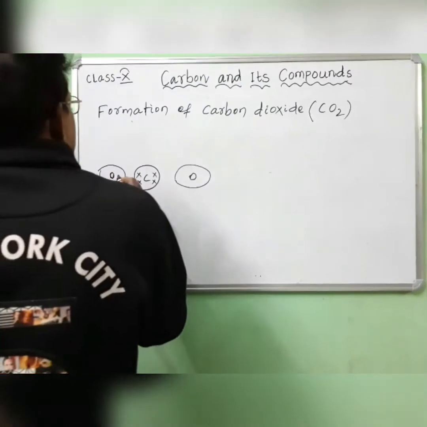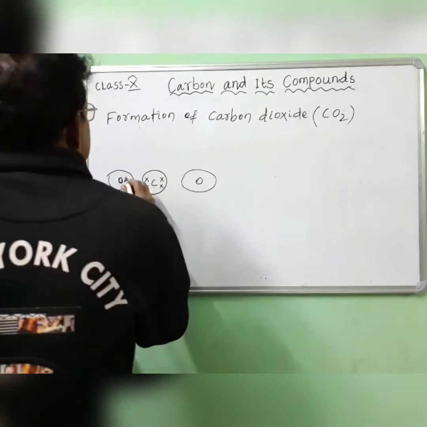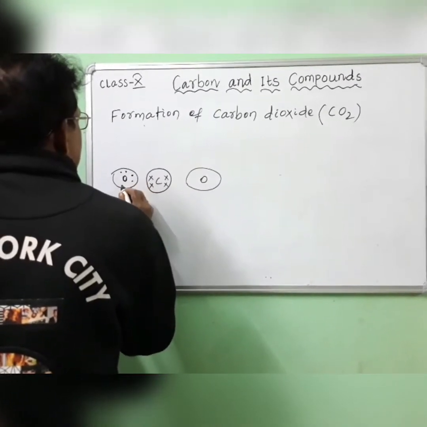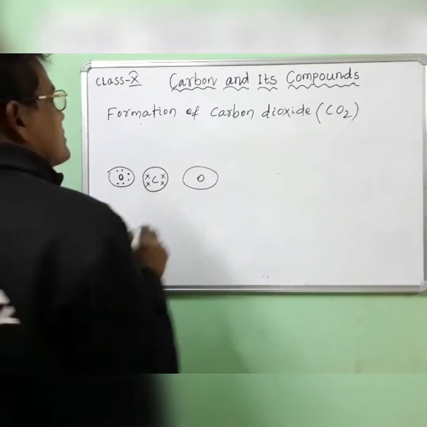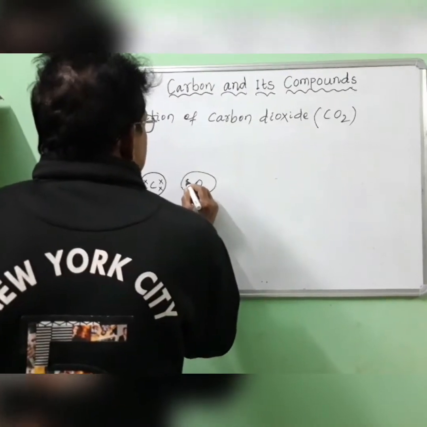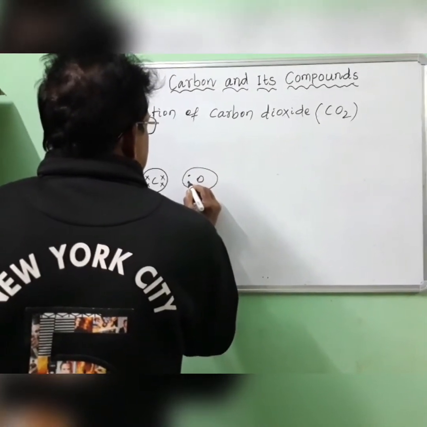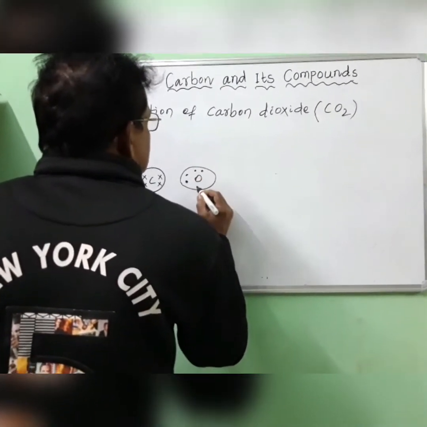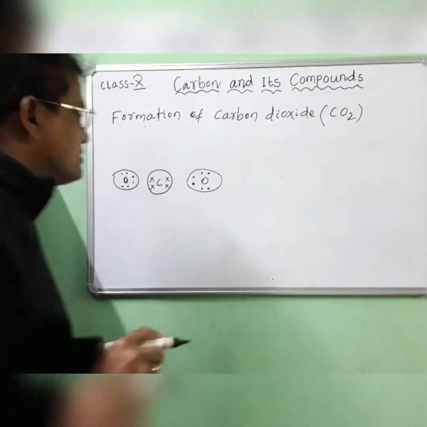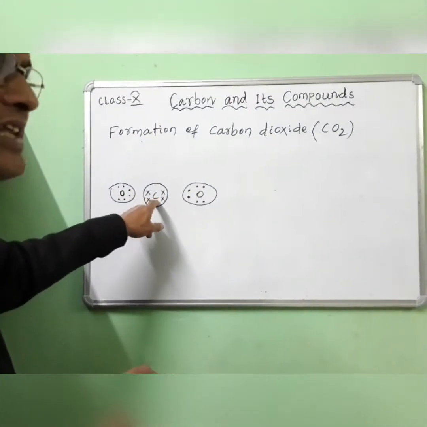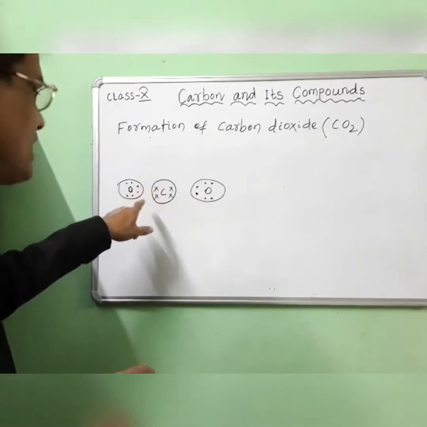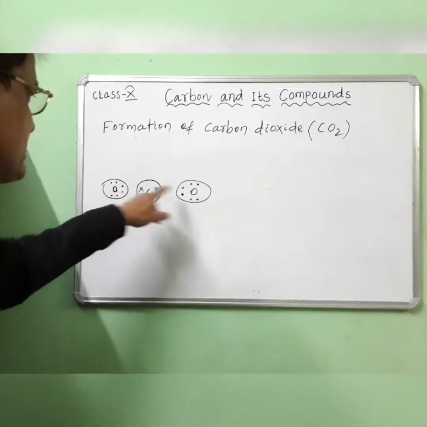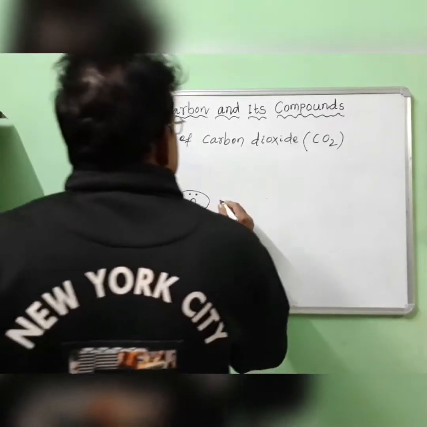The oxygen atom has 6 valence electrons. Here 2, here 2, here 2. Clear? 6 valence electrons. This oxygen atom also contains 6 valence electrons. Clear? Here the carbon atom contains 4 valence electrons and each oxygen atom contains 6 valence electrons. That gives